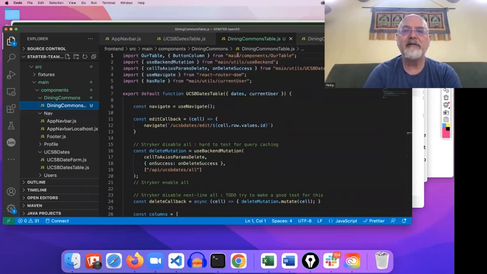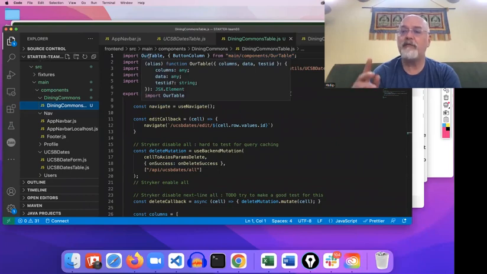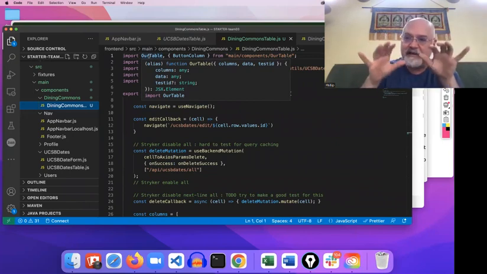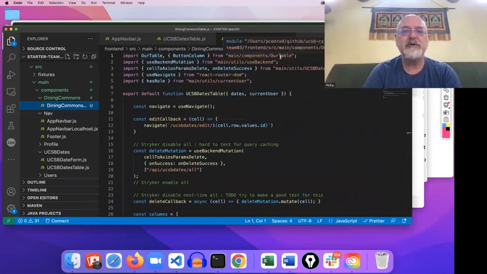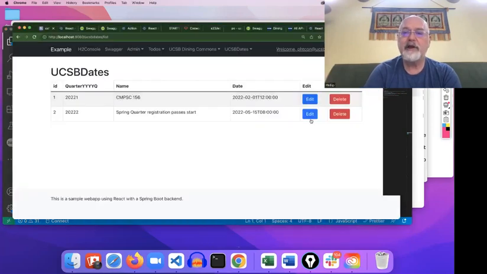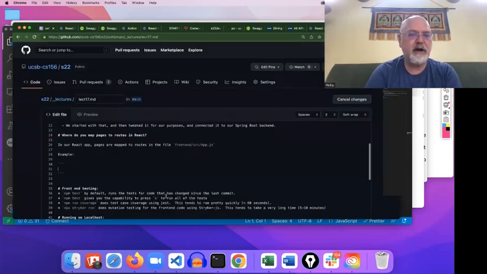First line, our table button column, that's fine. Our table, by the way, is a component that we developed, the staff of CS156, and it uses a library called React Table and then just does a little bit of customization on top of it. We'll look at that in a minute. Button column also comes from our table, and the button column, if I go back over here, you can see I've got an edit button and a delete button. That button column is a component that allows us to easily add buttons to our table to do whatever we need to do. So, oops,